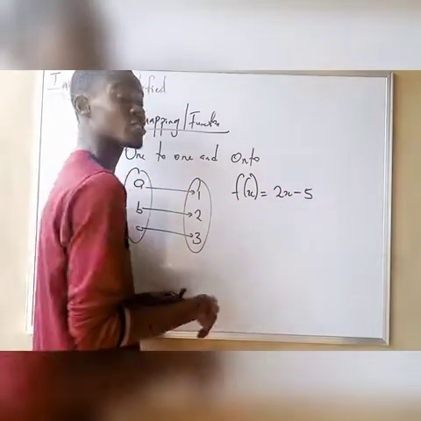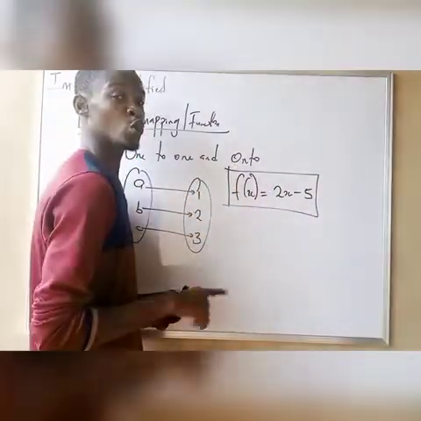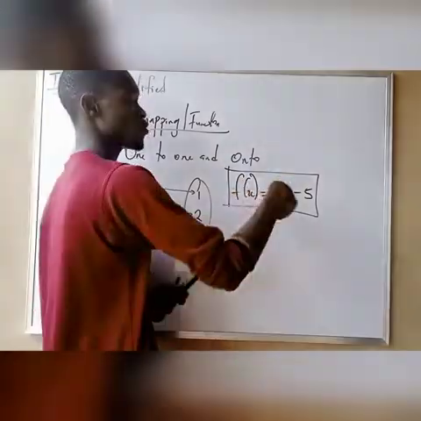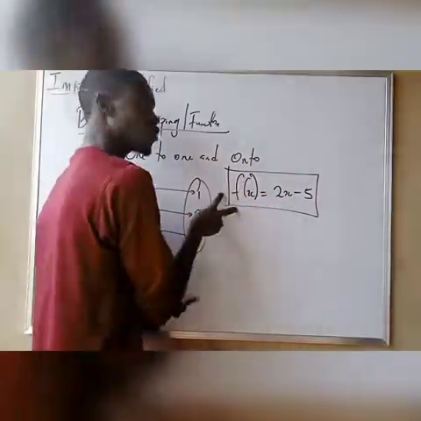is equals to 2x minus 5. We have proved that this function is injective with a condition. We have also proved that this function is surjective. Automatically, this function is